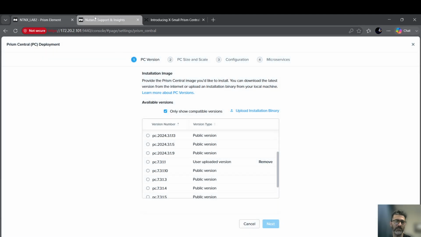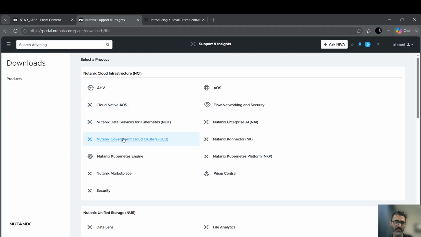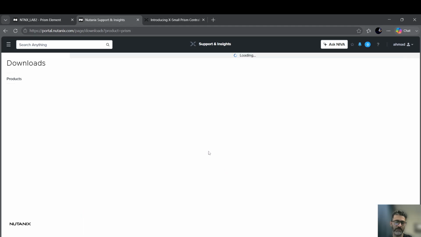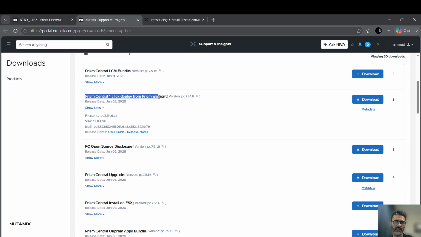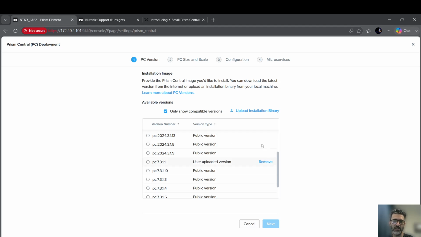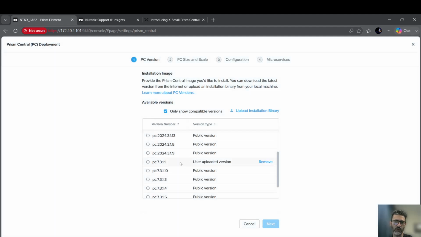To do that, you can just simply go over here, go to the downloads, go to the Prism Central, select the one which you want. For example, this one. I'm using it from one-click deploy, so I have to select this one. And you just have to download this one and this one, both of them. And then you can come over here, upload it, and after the upload is finished, it will show you over here. So I will not go through this process again because I have already done it. So I simply click on this one